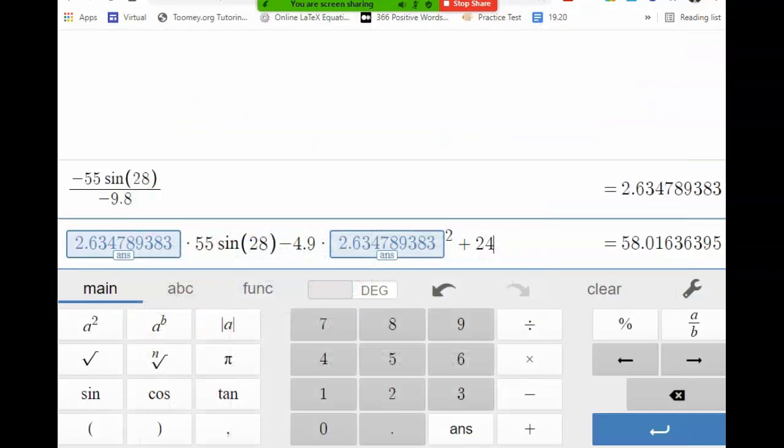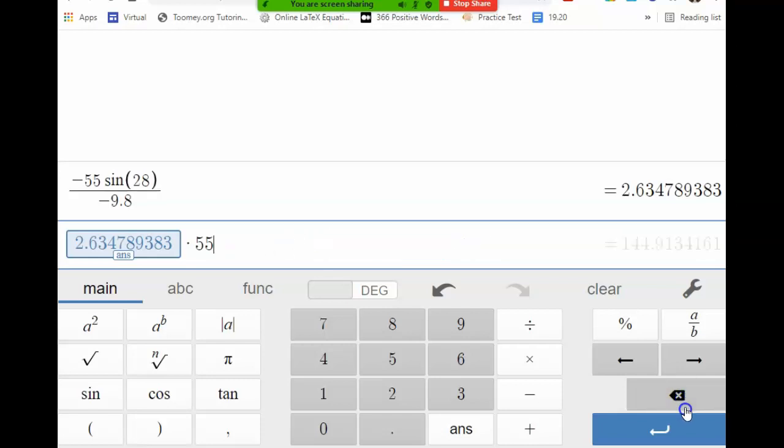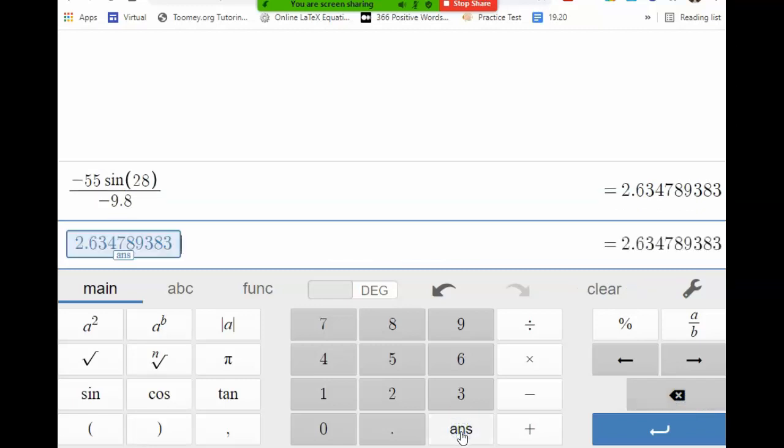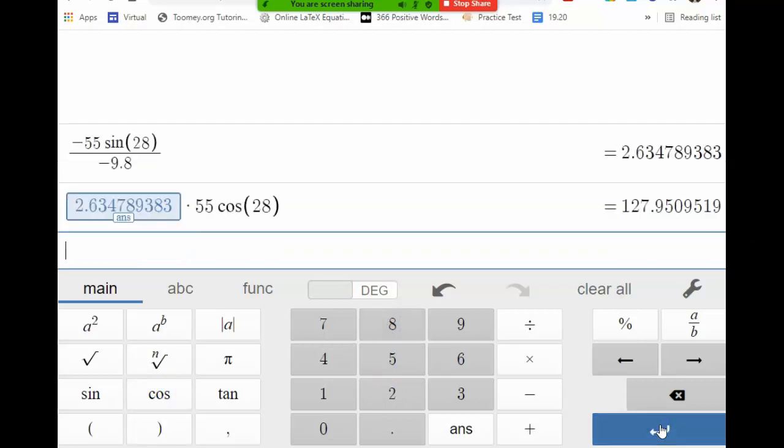If you hit enter, you could go back and copy and paste this so you get it exact. But if I want this to still be the last answer, I can just back out of this. And then I can start over and say the time, which was my answer, times 55 times the cosine of 28. That way I was able to still use that answer up there. And I know I'm using the right one because it's showing me. And I get